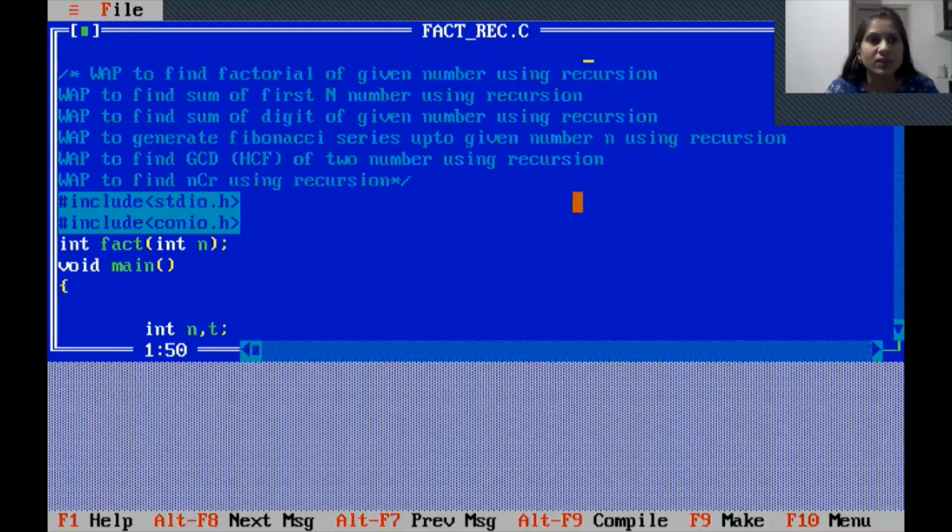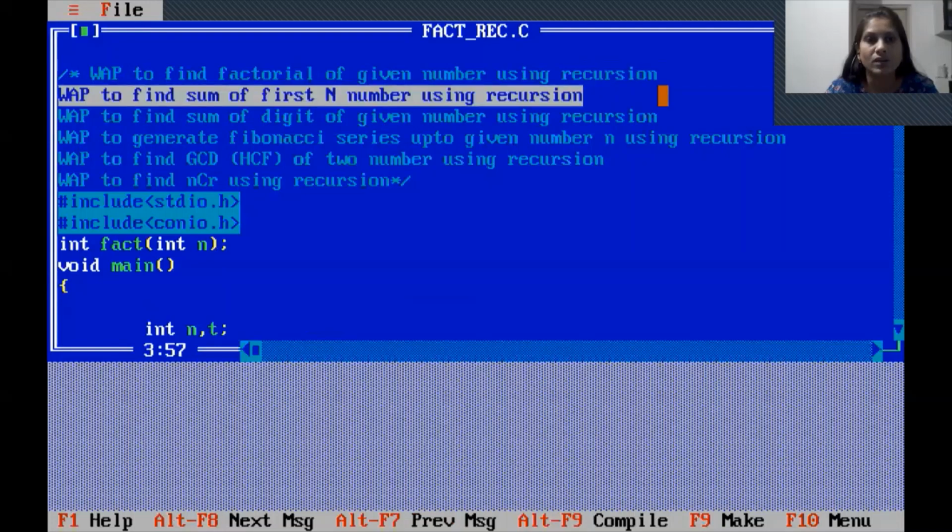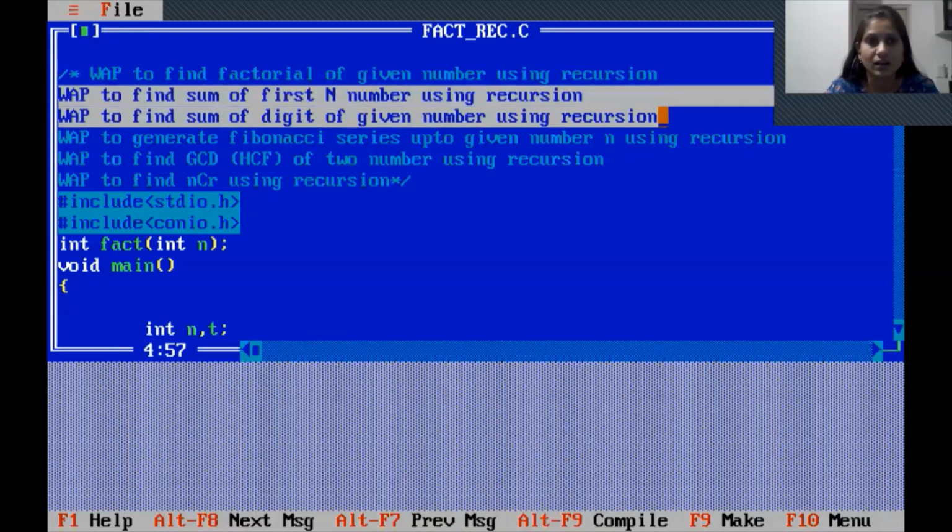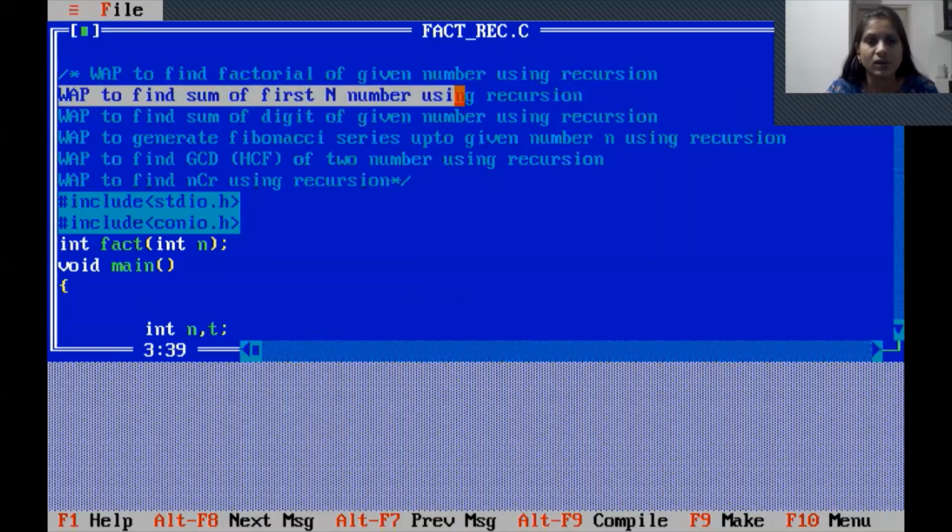Now, when the second program is implemented, that is, sum of first n numbers using recursion, you have to change only two things in the factorial function. Remember, when finding the sum of first n numbers, suppose n is 4, then you have to find the sum 4 plus 3 plus 2 plus 1.